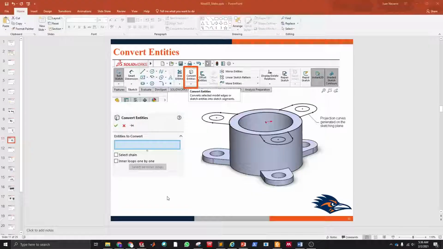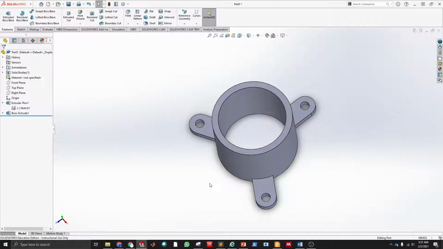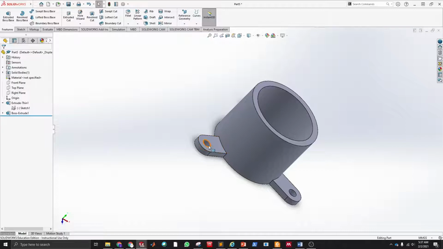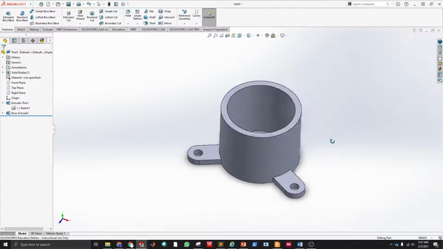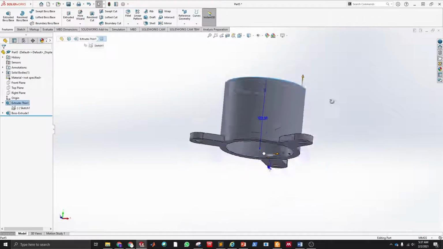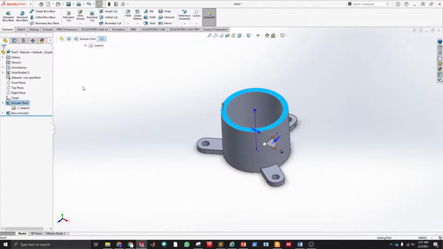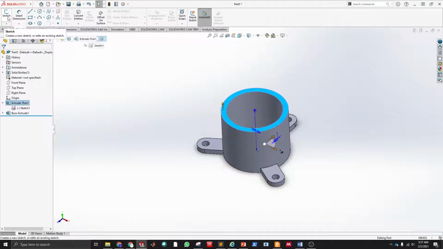So we have somehow this geometry that I was showing here, but now let's suppose that I need to do the same, these 3 geometries at the other end of this cylinder. So what I can do is create a new sketch using this plane, that blue plane there. Then I click here in the sketch. I'm gonna press Ctrl 8,